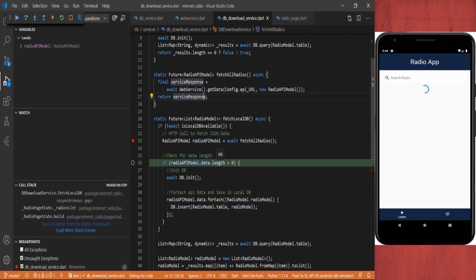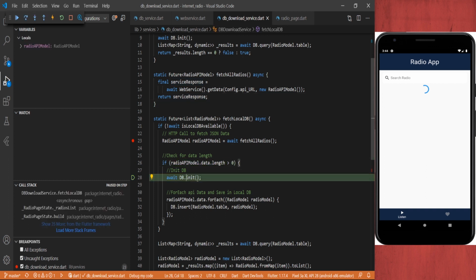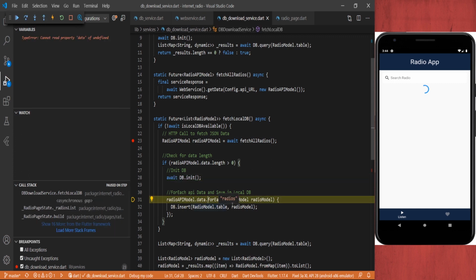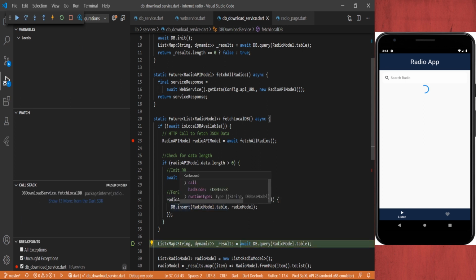Now here we are checking the length of the data. If it's more than 0, then we initialize our database. Here we do a for each, and in that we insert into the database.